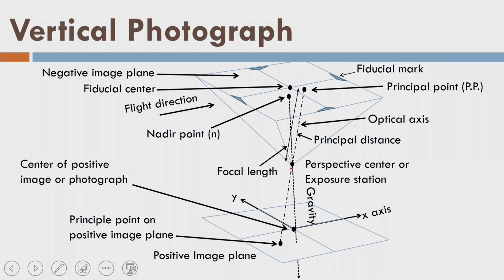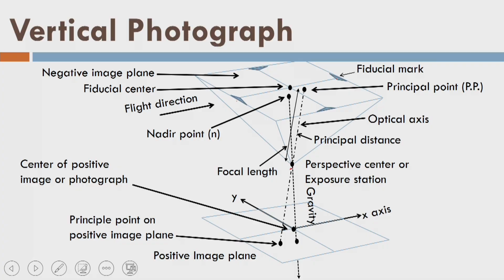One thing I would like to say here, we have realized from this photograph that my optical axis need not match with the gravity direction, as there is a random error, and we know that there is a random error, although we cannot measure it. Secondly, the optical axis itself is not matching with the fiducial center of the negative image, right, but still the optical axis, gravity line or any other line, they are passing through the exposure center, and the exposure center is the point where all the rays from the object are coming and converging, and then again diverging towards the image plane. So, that is the idea here.